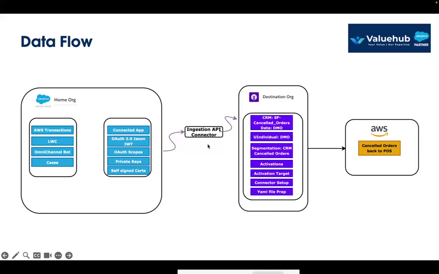In order to connect using Ingestion API, there are some prerequisites you have to perform. First, you have to create a connected app and define some auth scopes. While connecting the CRM org to the Data Cloud org via Ingestion API, you need to design your OAuth token using a JWT bearer flow, define the private keys, and register the self-signed certificates. So it's a whole bunch of process you have to follow